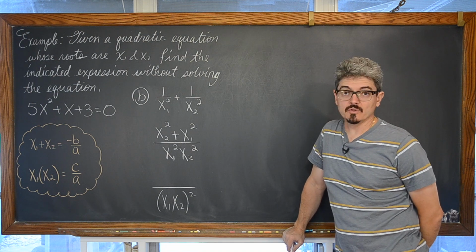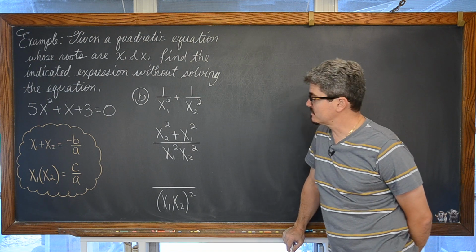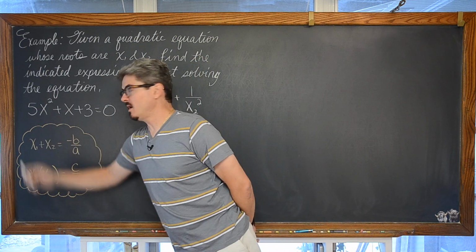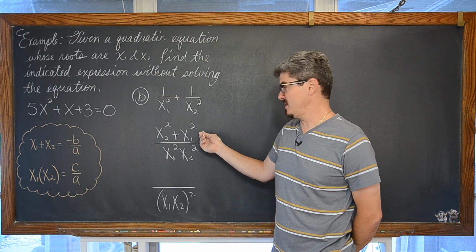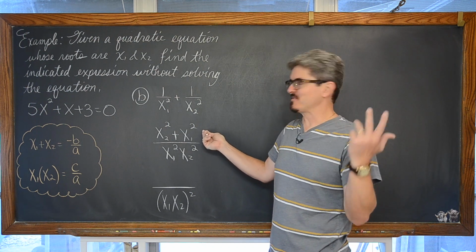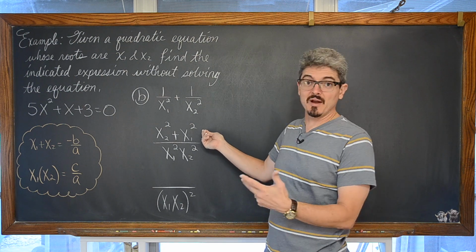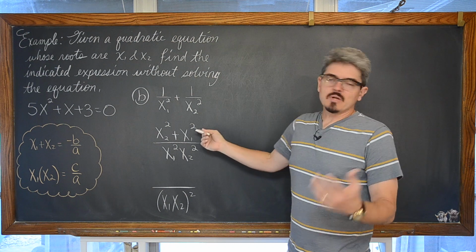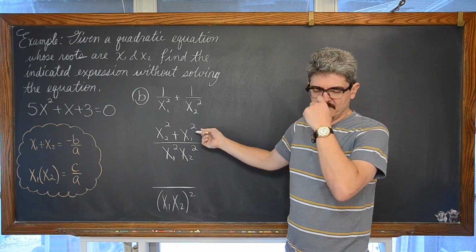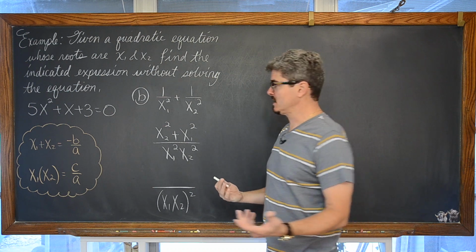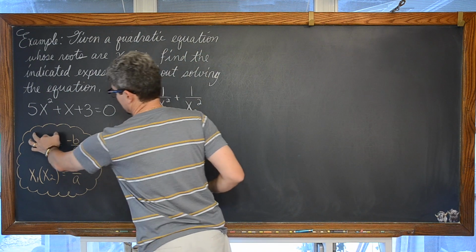We're going to have a bigger issue in the numerator, though, because we have powers of 2 on our sum, not powers of 1. This is not equal to negative b over a. It's not negative b over a squared. It's also not factorable. And you think, well, okay, because that's how you bring exponents down, with factoring or division, and we need to get these factors of 2 down to factors of 1.